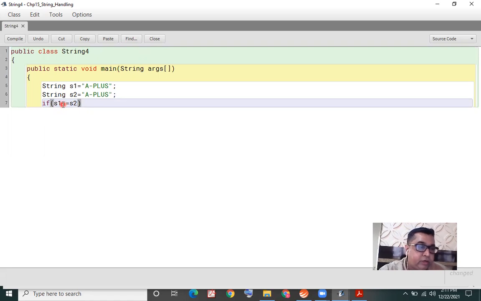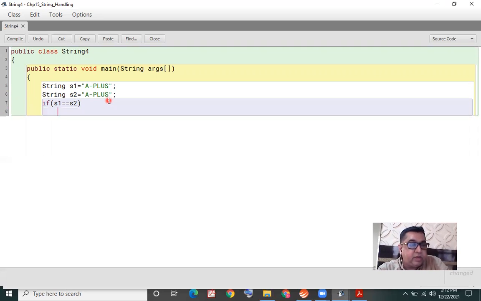It will work for integer data type. It would work for all my primitive data types. But this operator would not work properly for strings. In this case, S1, S2 actually have the same content, but this double equal to operator, I've not used a single equal to assignment operator, I've used a double equal to operator, with exactly the job of which is to compare whether the values are same or not. But in this case, for this operator, for string data,